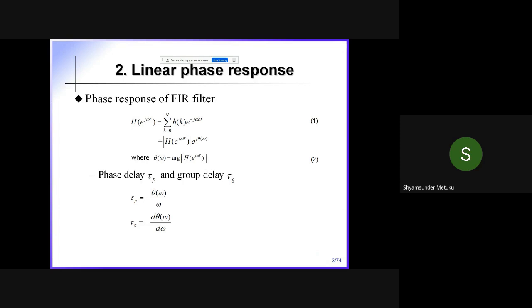In our example, if omega is equal to 0, you got 0. If k equal to 1, how much you will get, we don't know, because it's only DFT. But in DTFT, with more points you can easily identify. The change in omega will give you change in the y-axis. It should change proportionally. If from 0 to 1 you get a certain change, from 1 to 2 you should get the same change. Then the slope will remain constant. So whatever slope you are going to get is called the phase delay of that given phase response. Is it okay?